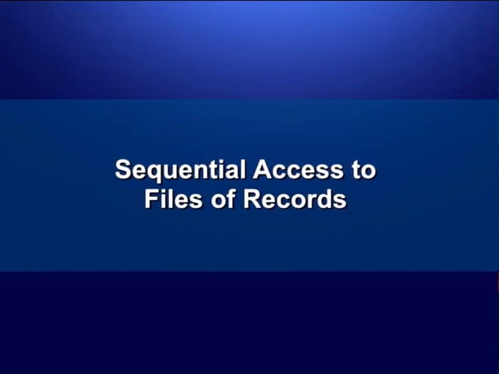Sequential access to files of records. The next example illustrates how the records stored in a binary file can be read sequentially from the disk. This program will work properly only if the structure of the record is identical to the record used in the previous example. Note that it is better programming practice to have a header file where we define the data structure of the record. In this way, many programs that deal with similar records can use the same data structure. We are not doing it here.